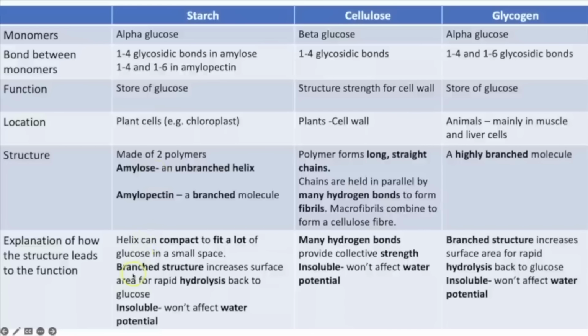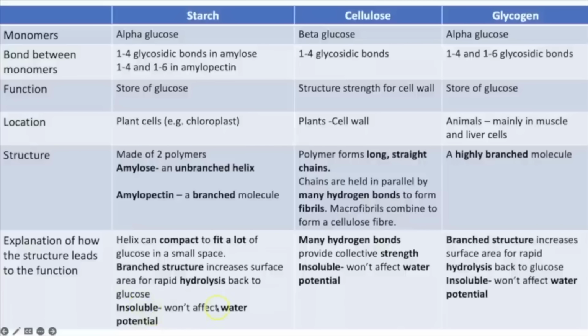These two we'd already said on the slide before. So I'm going to skip on now to how the structure links to the function. So we said it's a store of glucose. The fact that the amylose forms a helix means you can compact the molecule to fit a large amount of glucose in a small space. The fact that amylopectin is branched increases the surface area for enzymes to attach onto the end glucose molecules, hydrolyze